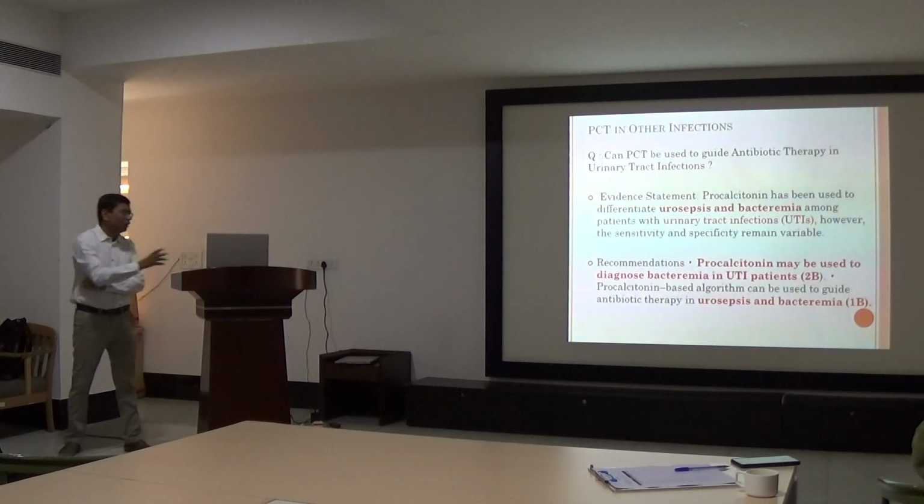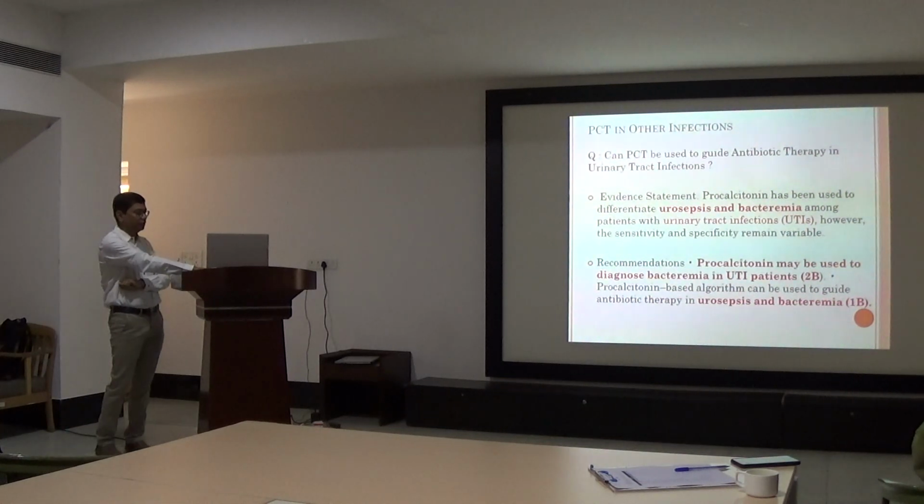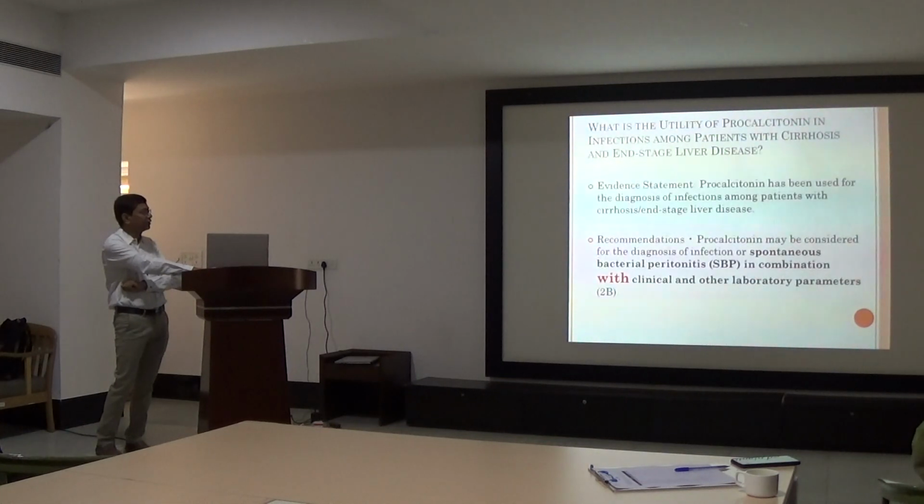In UTI, when there is a simple UTI you get a negative PCT, but with a UTI with bacteremia you will find the PCT rises. So when a neurosurgeon does endoscopic surgery and there is bacteremia, then PCT will rise. So you have to consider giving antibiotics. In cirrhosis, with spontaneous or secondary bacterial peritonitis,